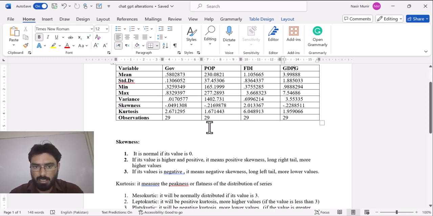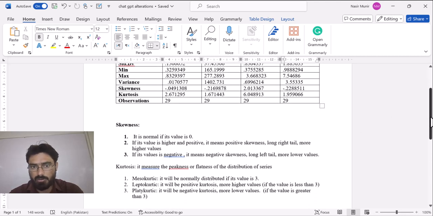And if you look at the FDI value, the skewness value is positive. When skewness is positive, it means positive skewness and a long right tail, more higher values than the sample mean.